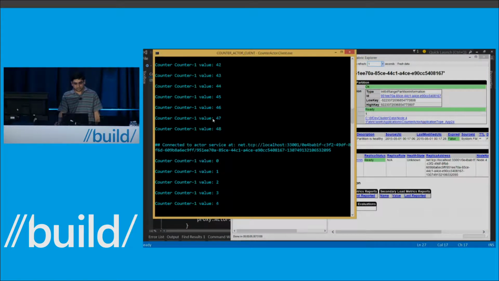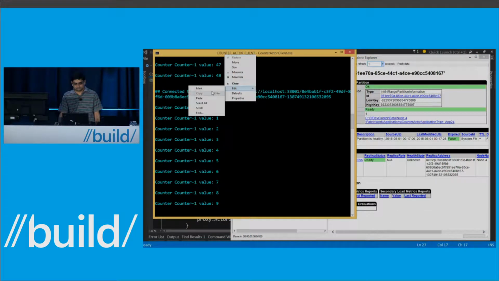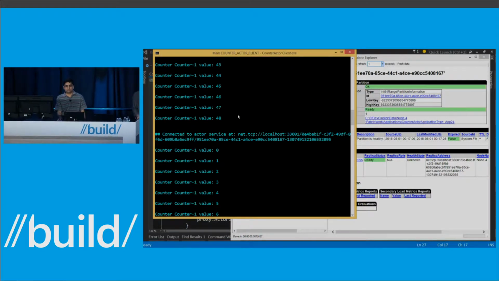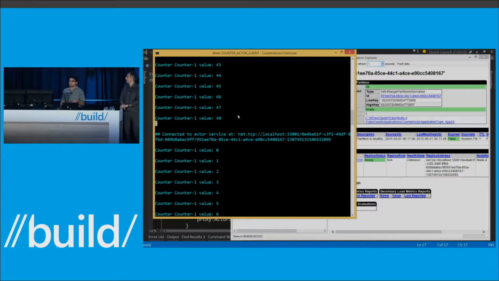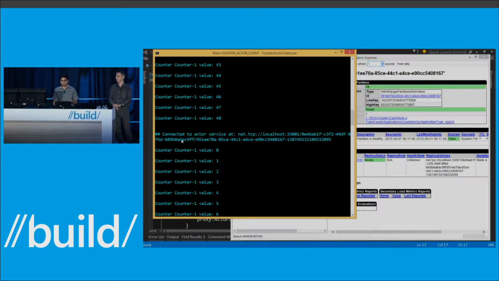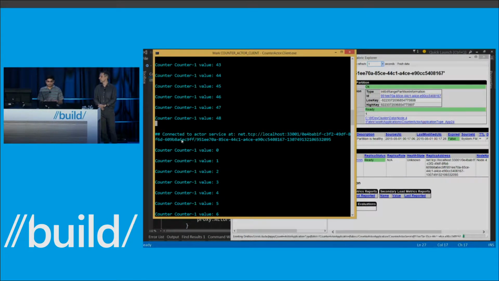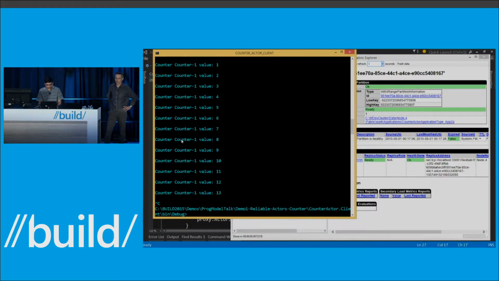So you saw that the system took failover action. The actor proxy transparently reconnected the client to another instantiation of that actor. And, well, we lost our count. So we lost the state, which was expected because we were storing the state in a member variable, right? So we made the code reliable, but we didn't make the state reliable. So let's go ahead and look at how we can make the state more reliable, right? So I'm going to stop the client.